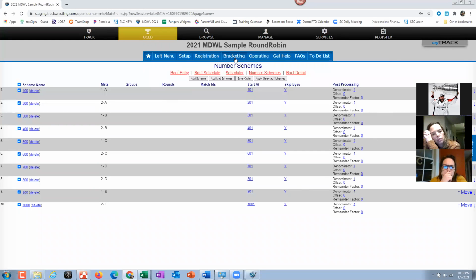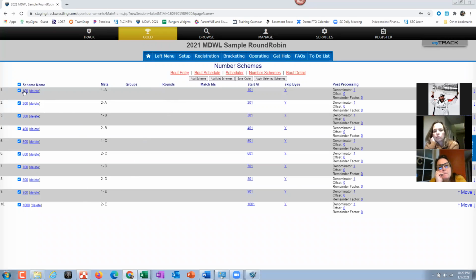Yeah, because you can print without the number schemes, but it will say question mark, and it won't tell you what mat they're on. But if it doesn't tell you what mat they're on, then you wouldn't know what section they're in. Right. That's the problem.